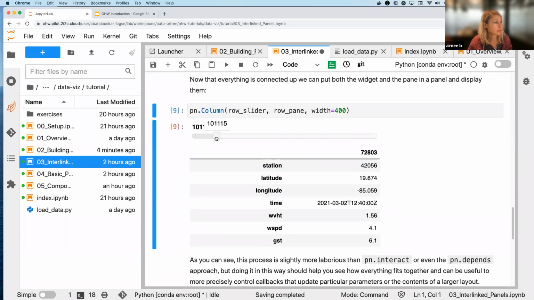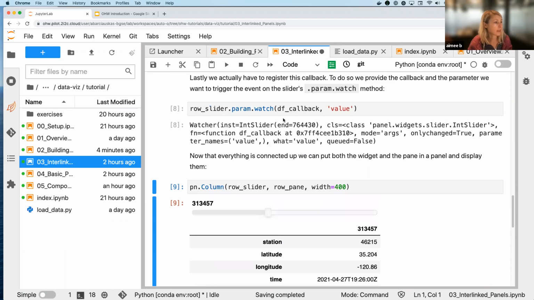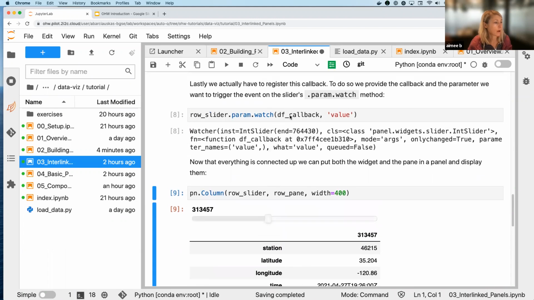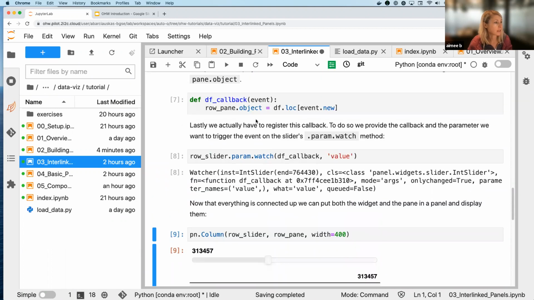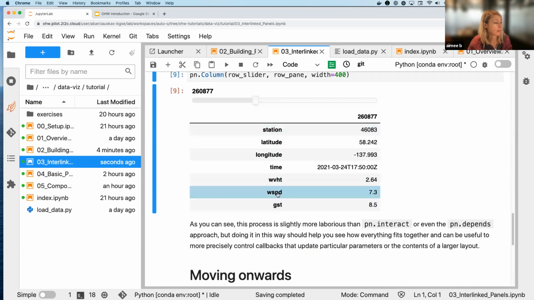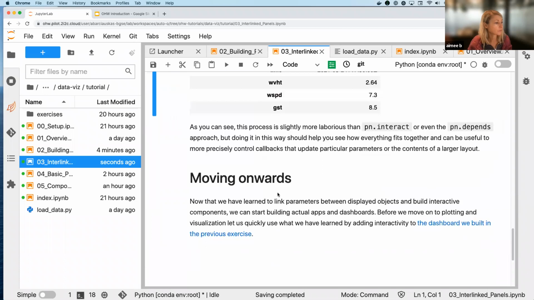So when we go through and scroll through this slider and select different rows, then this row slider thing gets updated using this callback. Whatever row we've selected here, this slider is watching that change event, and then it's going to make this callback and update this data frame based on that callback. Okay, so then